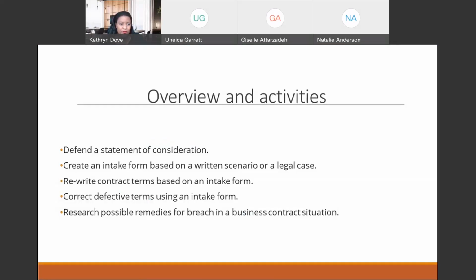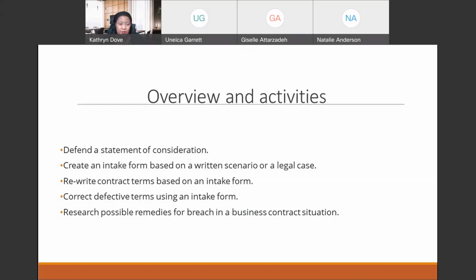An overview of what we're going to be talking about in Module 2. We're going to defend a statement of consideration. Consideration being one of the three elements of a valid contract. A valid contract has offer, acceptance, and consideration, but it doesn't have to be in writing. That's based on the very old English common law, which is hundreds and hundreds of years old, and it still